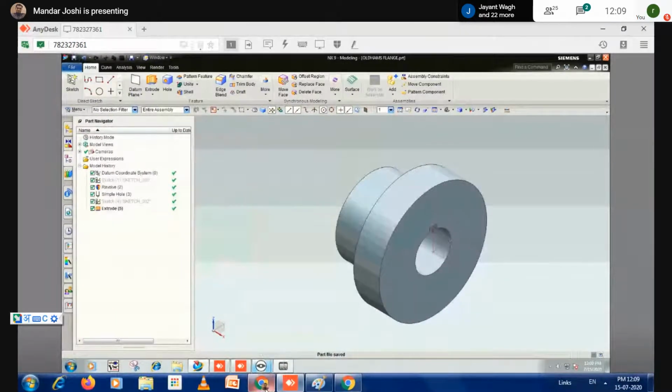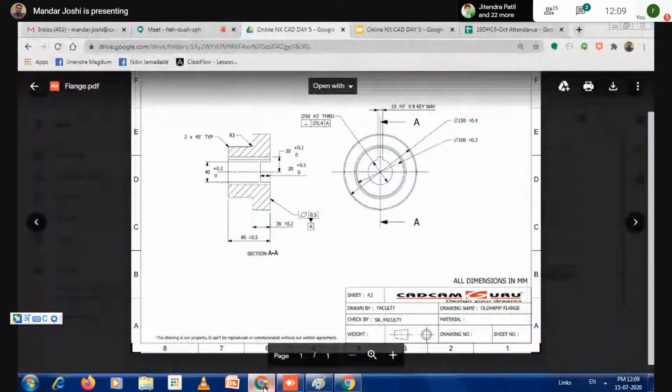What is the next step? Fillet. Chamfer. Fillet, chamfer. Are there any other features? Slot. See the front view. There is a rectangular slot.